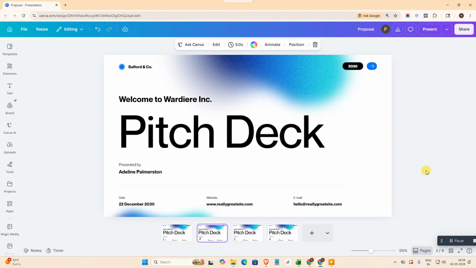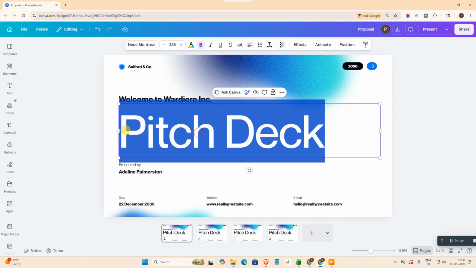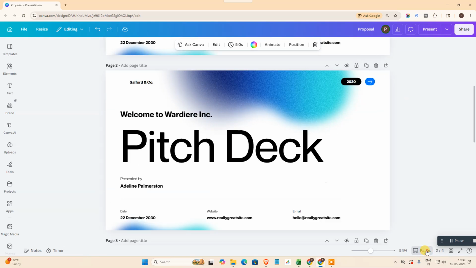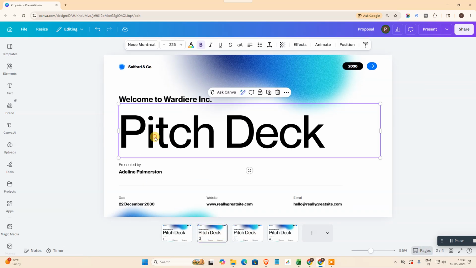Okay guys, so here we are. This is my Canva. We can see we have a few pages here and every page has the same content. So like this we have the same title. You can see, if you want to replace or change it, you need to select the text like this, double click on